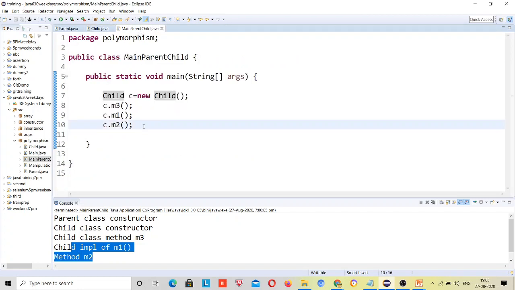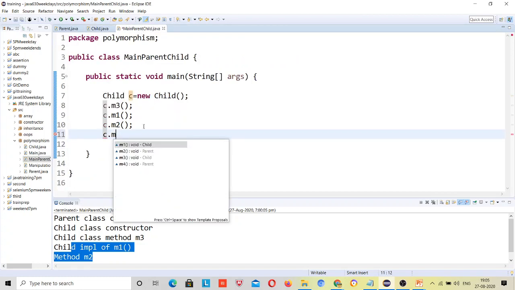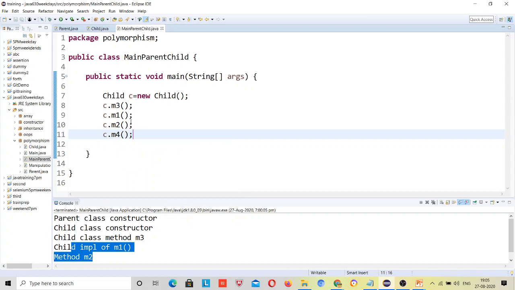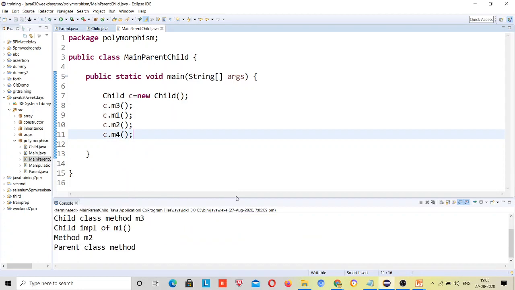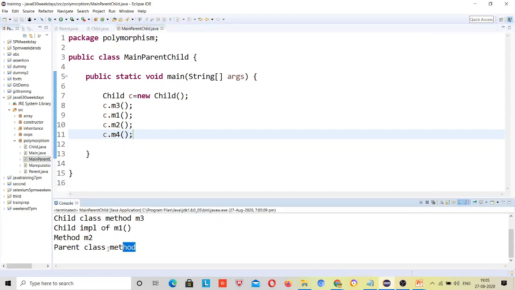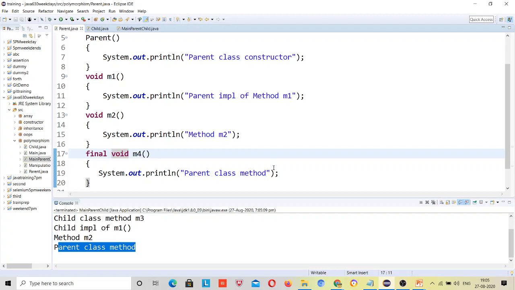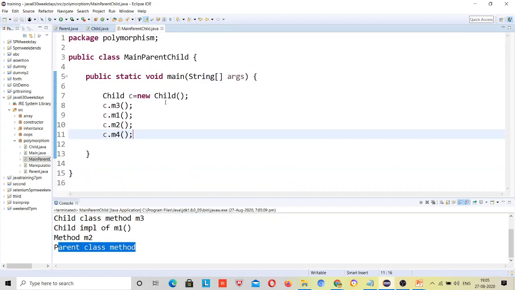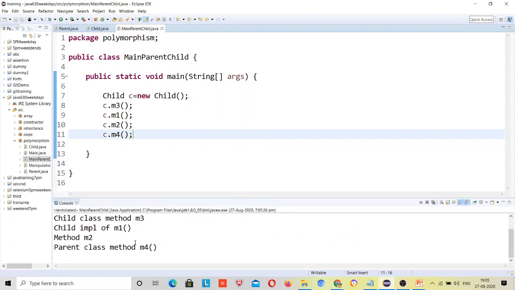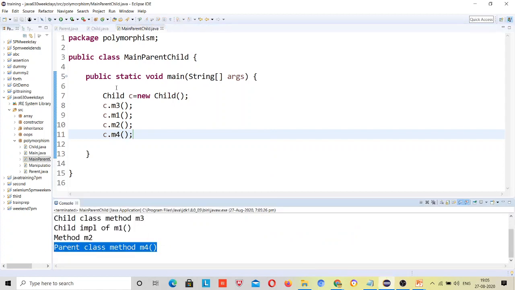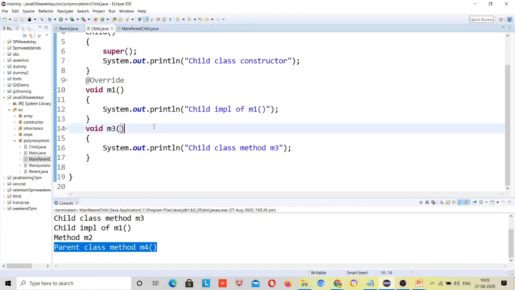I can call it through the C class m4, but I cannot change the implementation of that m4 in the child class. You can see the message I gave over here: parent class method m4.